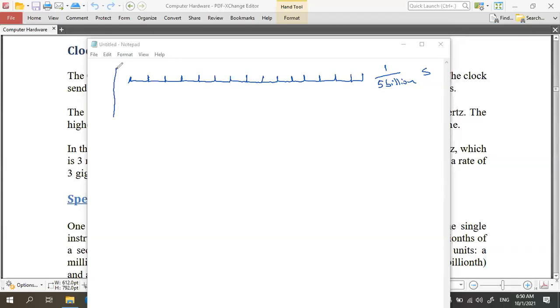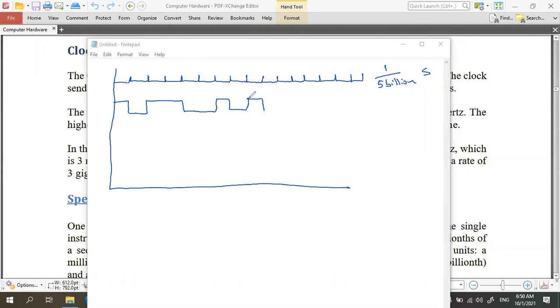Now when the computer is going to process data, the digital signals will be created, and these digital signals change their state in this clock pulse. Like this.